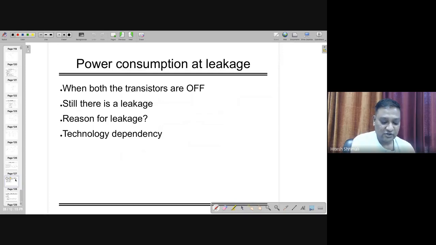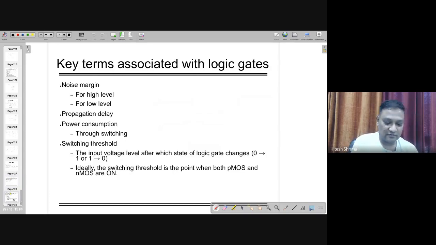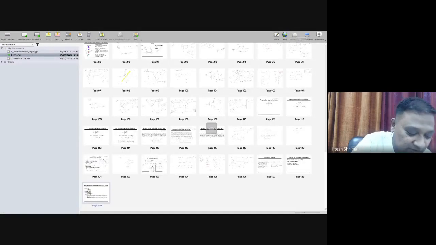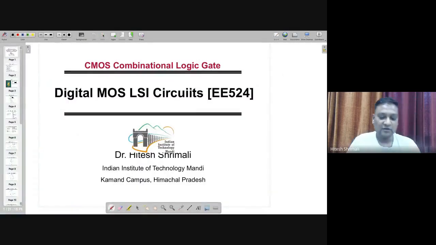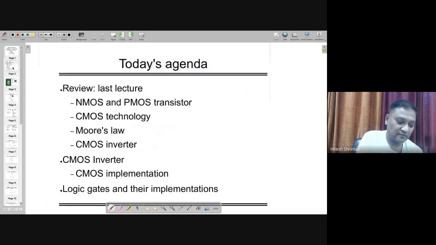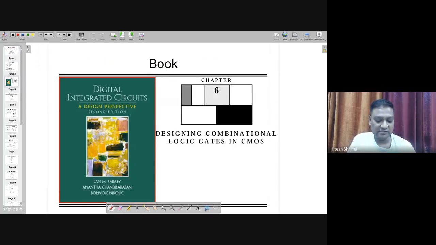Okay. So these are the things which we have covered in the CMOS inverter, and things are pretty fine. We learned it through CMOS also. Then I can go to the next level, which is known as combinational logic. That's the new chapter, CMOS combinational logic gates. I'm referring to the same book, Rabaey, and I'm following chapter number 6 of this book.